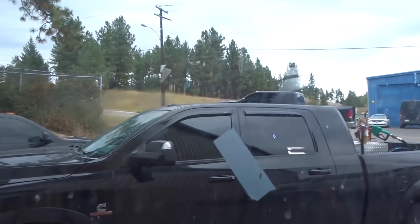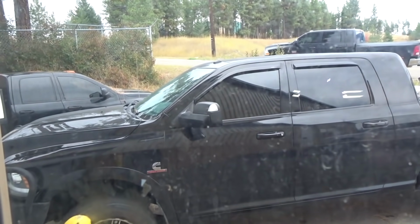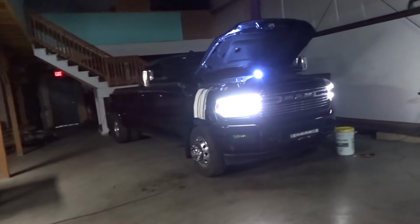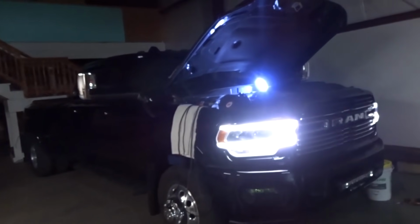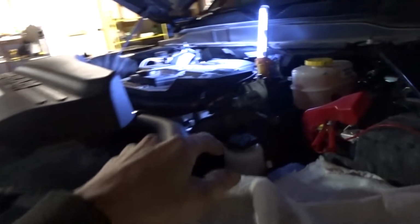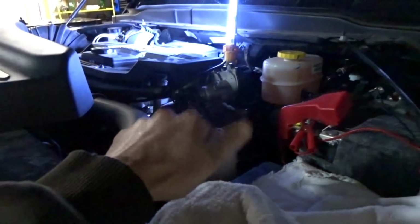Oh man, look at all my black Cummins trucks. 3rd gens, 4th gens, 5th gens. Yeah, I'm making super good progress on this thing here. I just finished getting rid of this bypass valve. It's definitely gone now, there's no problems there. I just realized I still got to do the throttle valve, which I'm going to work on next here, but right now